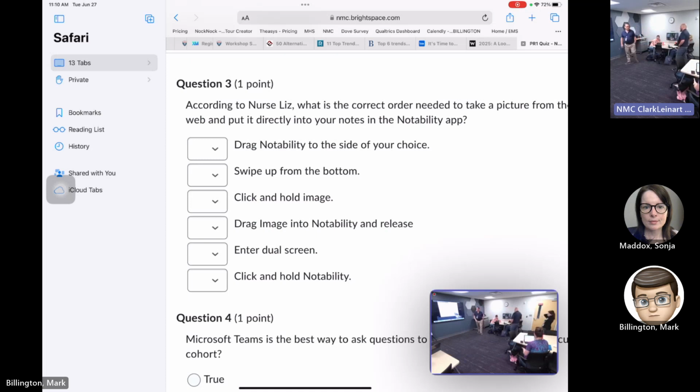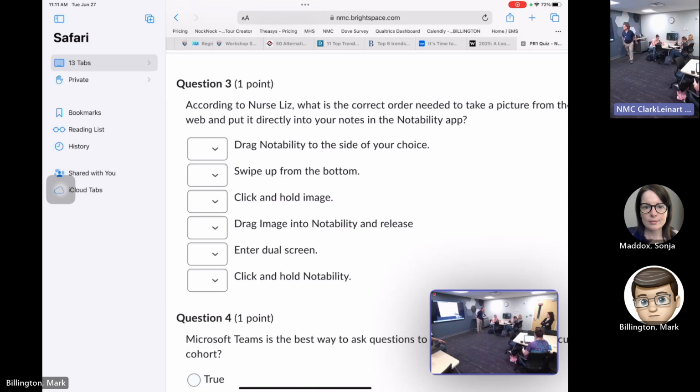Let's see. When I did the Brightspace quiz, it showed me which ones I got wrong. Yes, and I fixed that, so all the quizzes from now on should show what was incorrect. So the first one was freehand notes and notes on PowerPoint, and the second one was download to PDF. Gotcha.